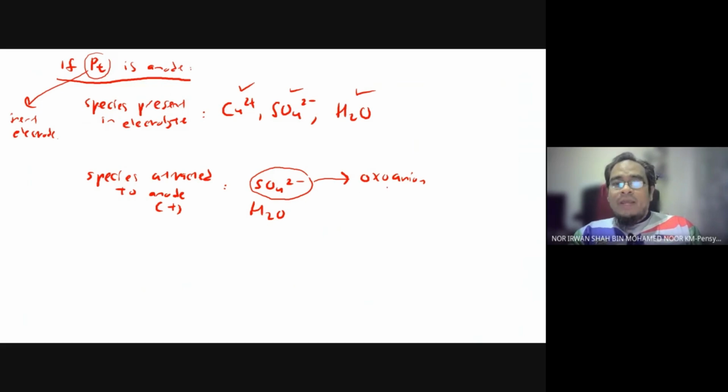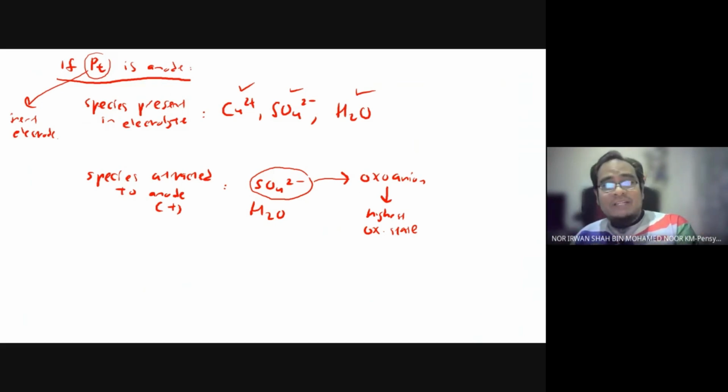Okey, oxo anion ni dia merupakan satu anion yang mempunyai highest oxidation state. Apa maksud highest oxidation state? Maksudnya dia punya oxidation number dah besar. Okay, you all dah tahu kan apa itu oxidation? Oxidation adalah apabila oxidation number bertambah. Contohnya daripada negatif jadi positif, ataupun daripada zero jadi more positif. Itu oxidation. Tapi kalau spesies itu dah tinggi dia punya oxidation number ataupun oxidation state, dia dah tak cenderung lagi